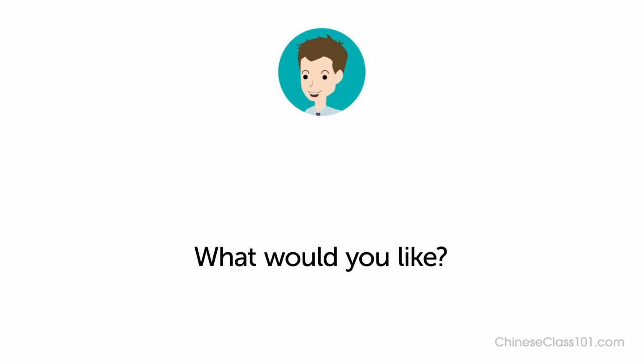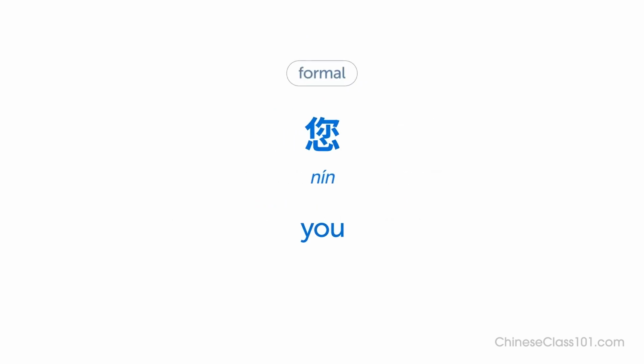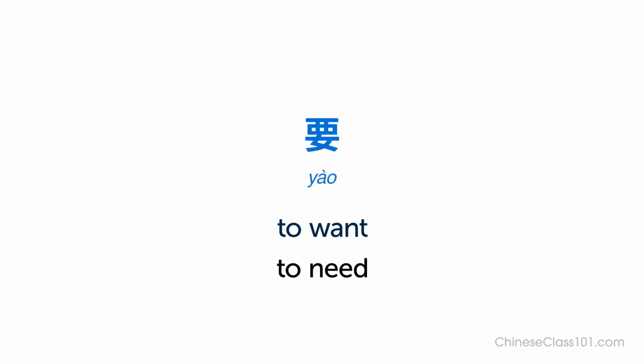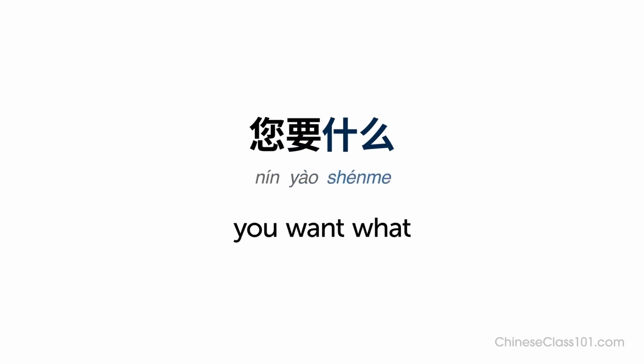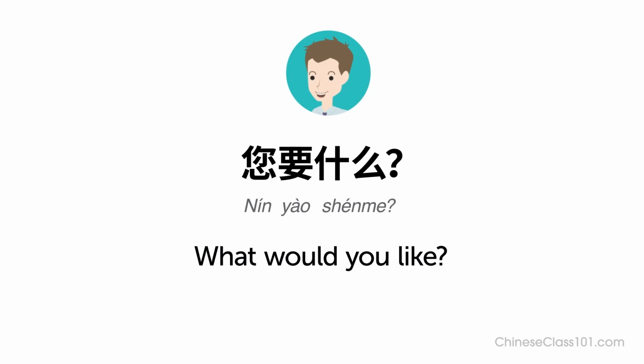Let's take a closer look at the conversation. Do you remember how the waiter says, "What would you like?" 您要什么？ First is 您, the formal you when addressing people of higher social status, such as seniors and customers. Next is 要, to want or to need, but translating as would like in this context. After that is 什么, what. Together, 您要什么 literally, you want what, but translates as what would you like? 您要什么？